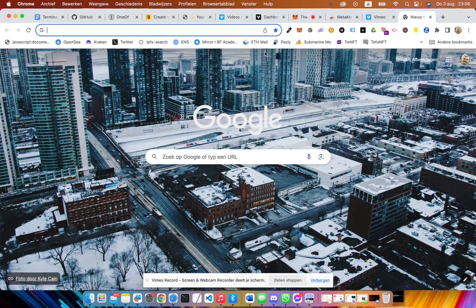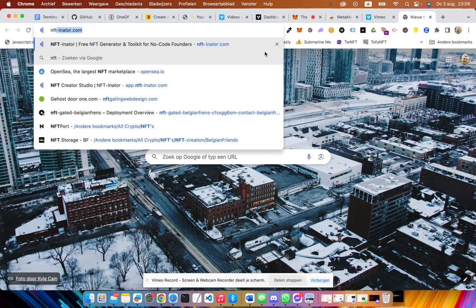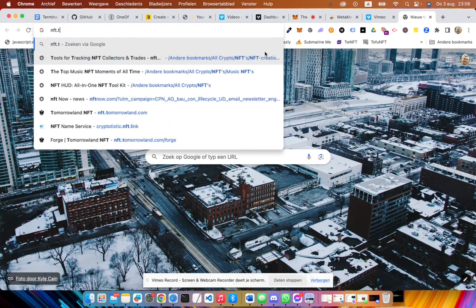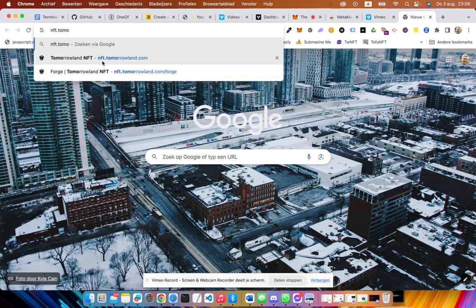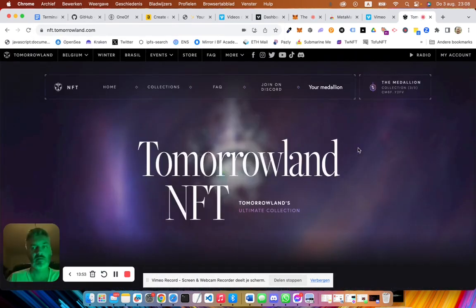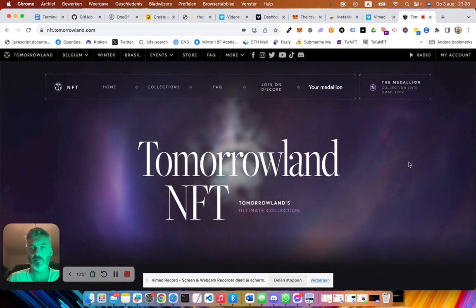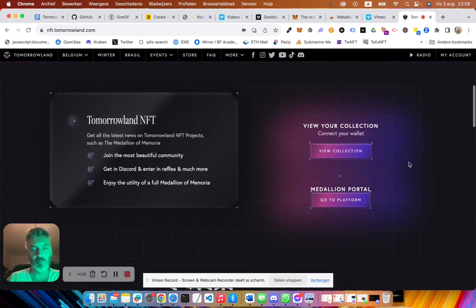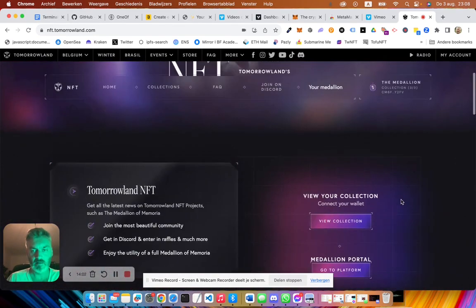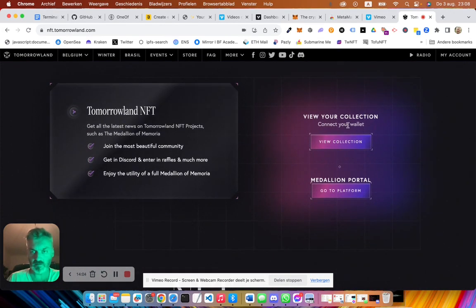For instance, if I go to an NFT gated website, let's say the one from Tomorrowland, there you're going to see sites that have buttons that say, like, connect your wallet, for instance, right?